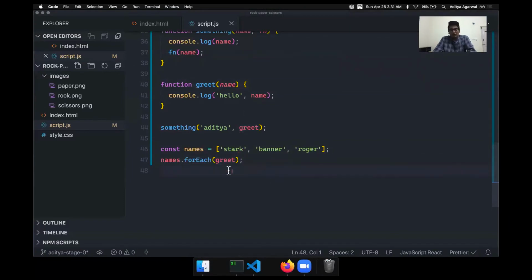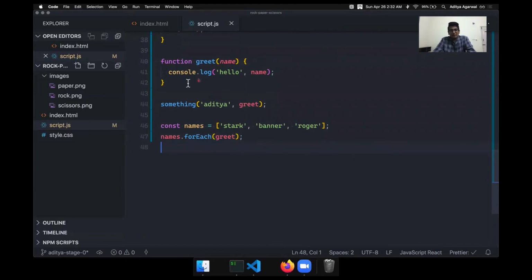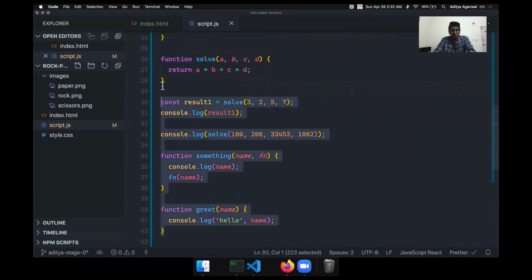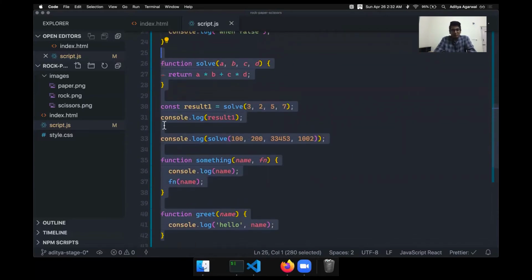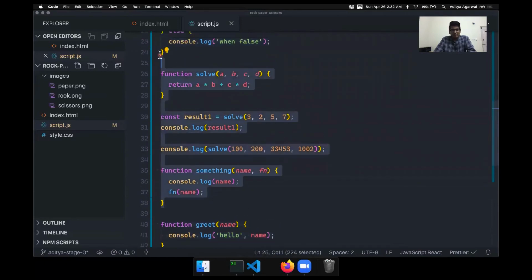Next thing is that, so I had a function made in advance, and if I just remove all this, actually let's keep the greet function.